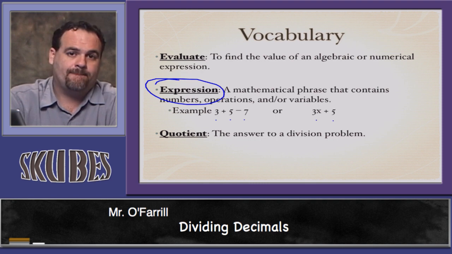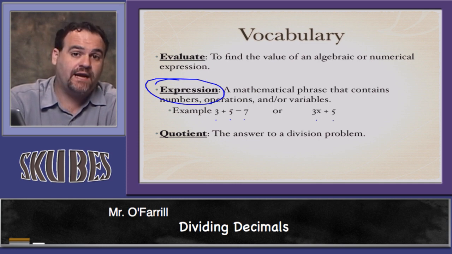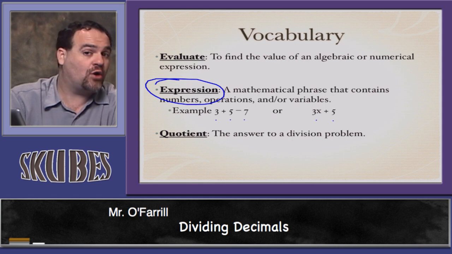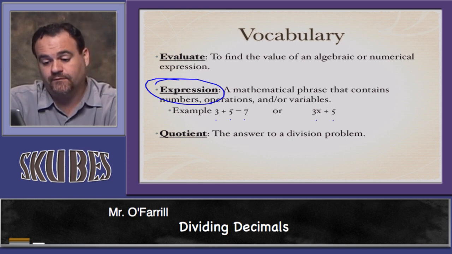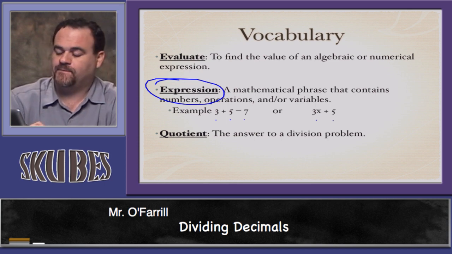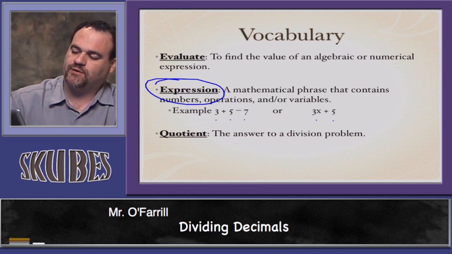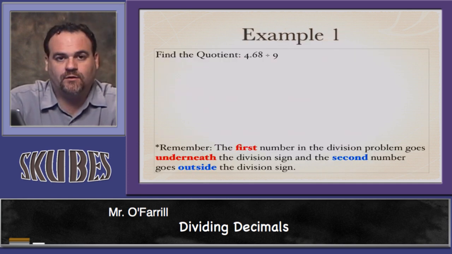an expression. And the final important vocabulary term we're going to use is quotient. Quotient is the answer to a division problem. If you remember, product is the answer to multiplication. Quotient is the answer to division. So now that we got those vocabulary terms out of the way, let's go ahead and get started with some